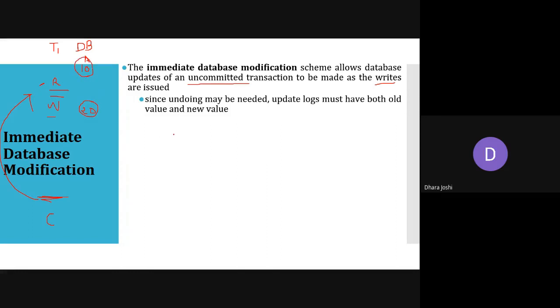How can we know that? If you remember, we have this syntax: transaction T1 has made a change in the data item A, the old value is 10 and we are changing it to the new value 20. Here we have Ti, then Di, which is the data item identifier, then V1 and V2.